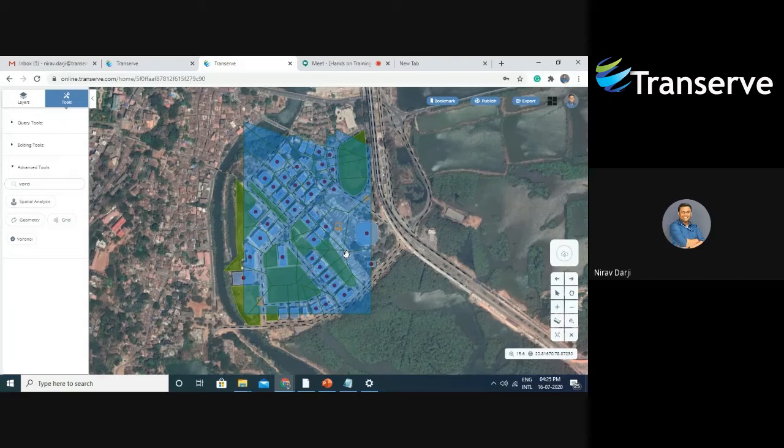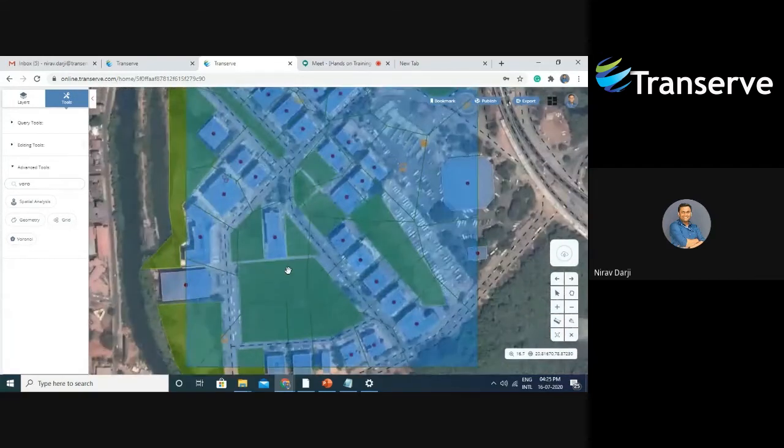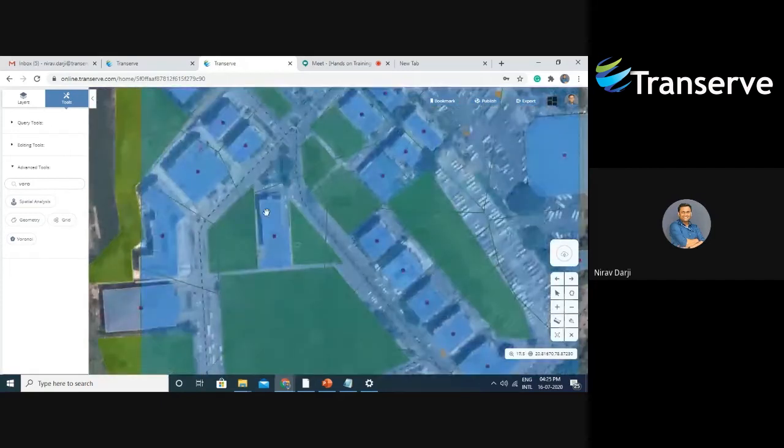So, for example, if this is one point of a COVID center, and the population is quite huge here, and there are so many households or residential areas here, we can estimate, not exactly, the reachability of this many households to the COVID center closest to their house. So this is the Voronoi tool.